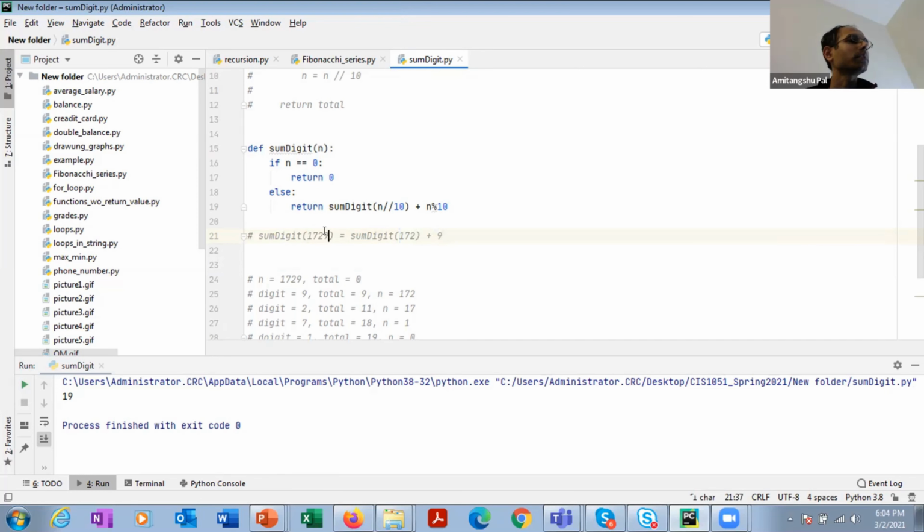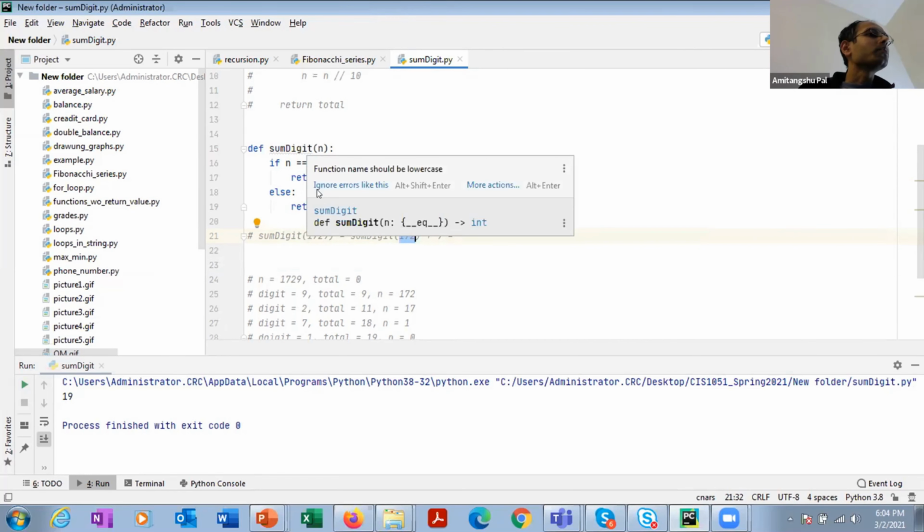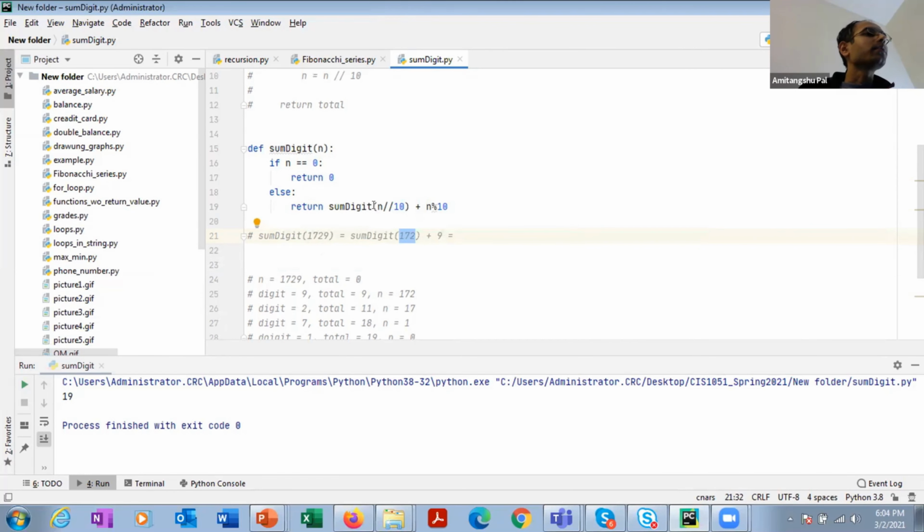So it is extracting one of the digits, and then returning sum digit of the remaining digits. Okay, now once sum digit will be called with n equal to 172, it is going to return sum digit of 172 integer division 10, which is 17, plus 2. So it is going to return sum digit of 17 plus 2, plus 9 will remain as it is. Okay, now again sum digit will be called with n equal to 17, which is going to return sum digit of 1 plus 7.